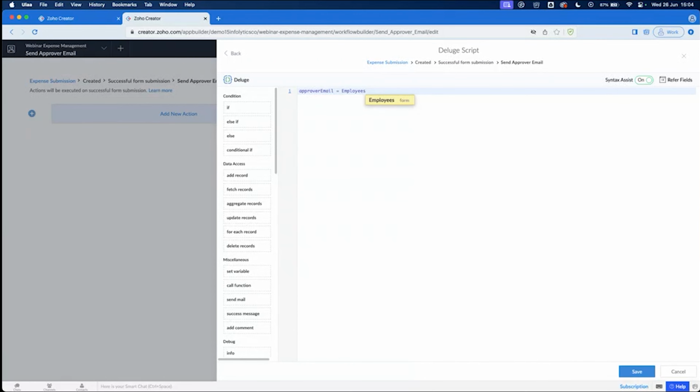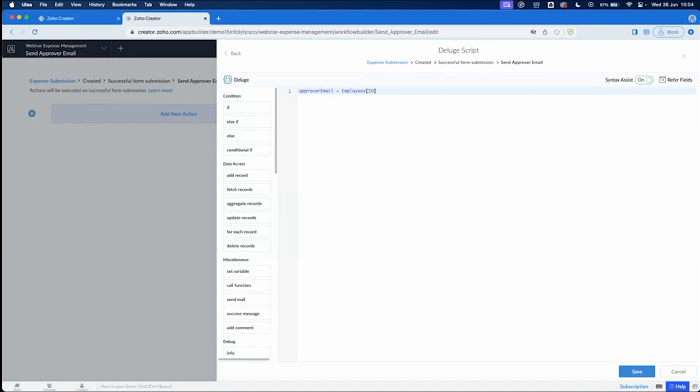The reason we're looking at the employees table is because the person who's an approver is the manager, and they're already in the employees table. So we want to get the particular email address of that employee in the system. So now, square bracket there,